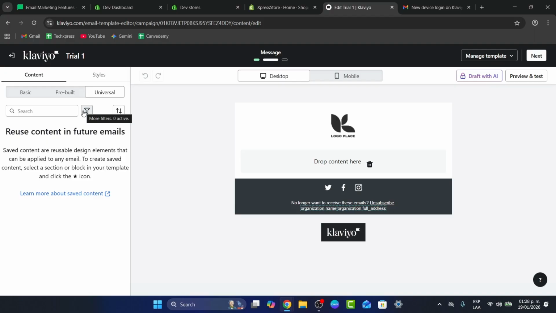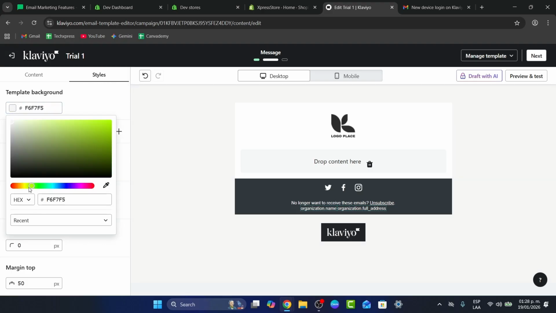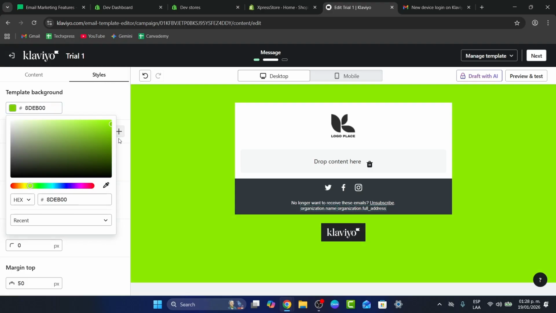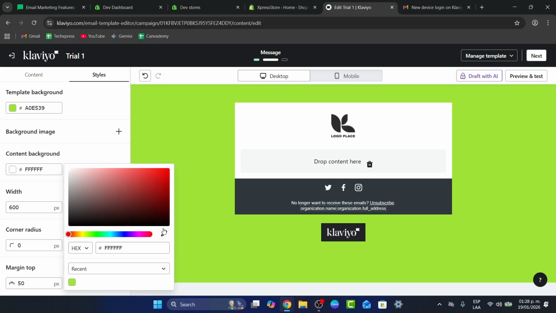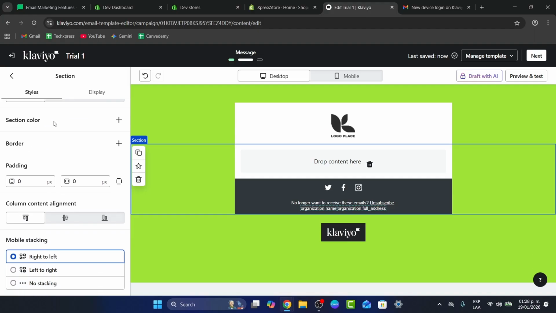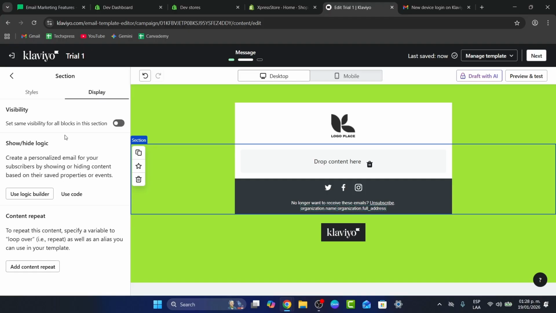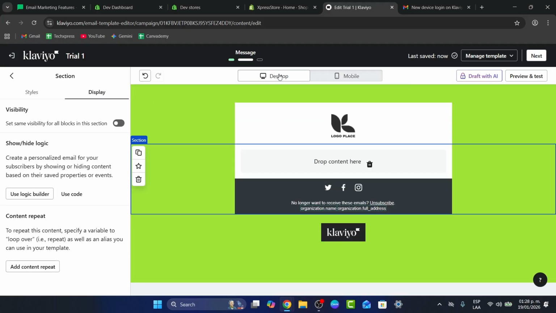first impressions. So in the email editor, usually what you want to do is hit the option that says styles. You can change the template background. For example, let's say that our color is something like this. You can stick with this specific color. The content background, for example, I can do exactly the same color like this. And content color, you can go for auto, and you can add from left to right, right to left. You can hit directly into the display. This is how it should be looking on the desktop, and this is how it should be looking on the